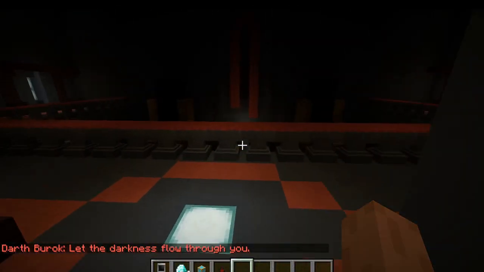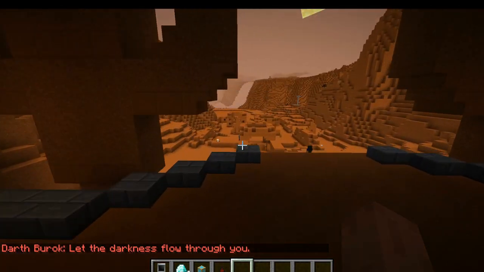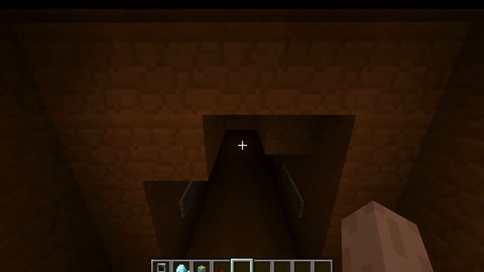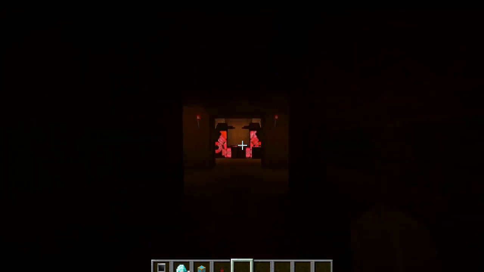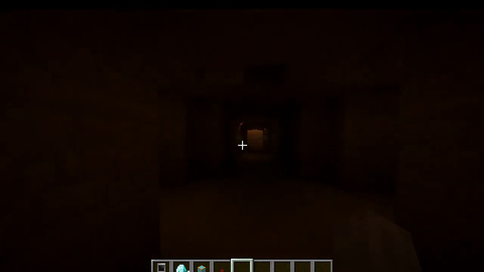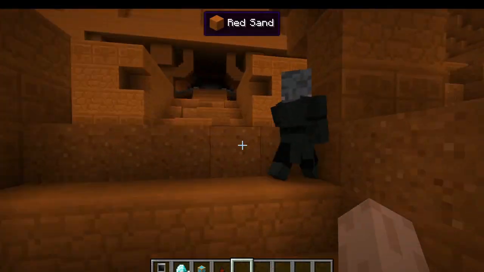Alright. Now, I don't know where this is on Tython, although I do know where it is on Korriban. Go all the way down the staircase, and at the end of the hallway, you'll see the lightsaber constructor, something like that. Lightsaber forge. Dark. There will be a light one at the Jedi Temple somewhere. Don't know where it is. You go put in your lightsaber part and your kyber crystal there. Now,